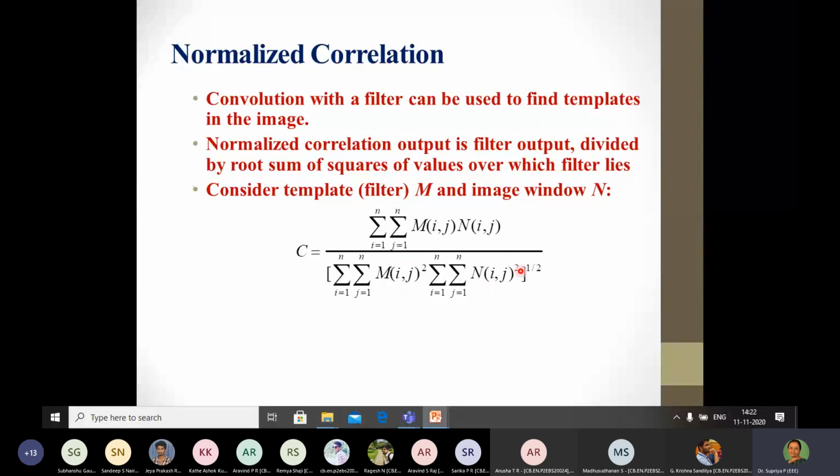Please note, here we are considering i and j to have the same values. So it is just that this may be a 3 by 3 mask and this may be a 255 by 255 mask. With that, how is it going to work? Even that may not work because here you have i and j to be the same. So it has to work over 3 by 3 and complete the entire image.